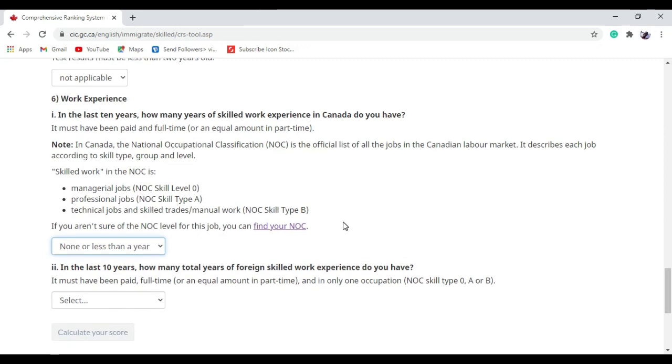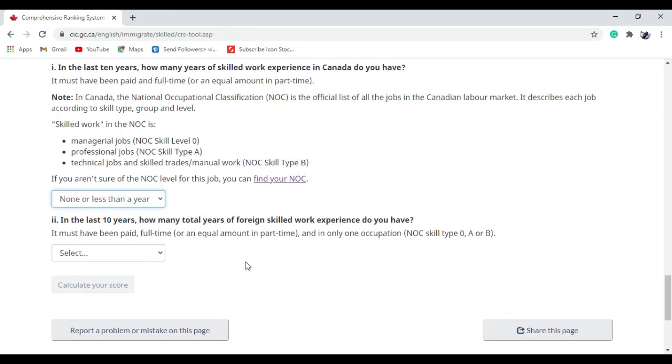But that experience is only for Canada. The second question is, overall in the last 10 years, how many years of total foreign work experience does this candidate have?